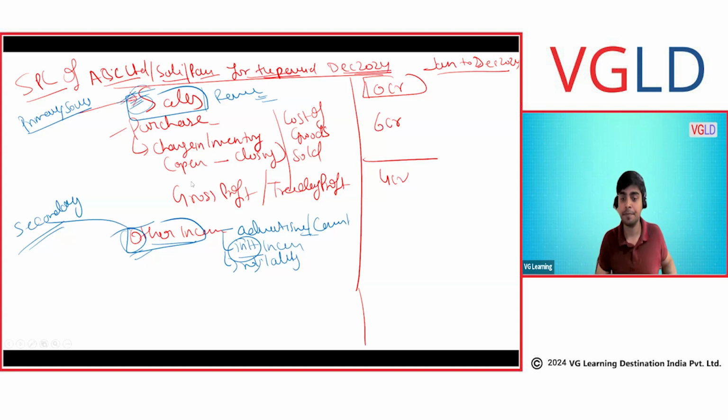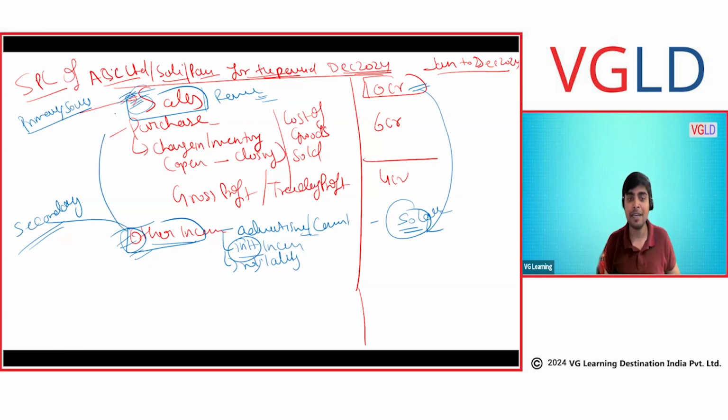Okay, clear? So what is your primary source will be sales. What is not your primary source will be other income. Let's say this other income is 1 crore. Just see the comparison. Your primary source is generating the most money and your other income is very trivial. Let's say it's 50 lakhs. It's not even 1 crore. It will always be trivial. If your other income exceeds your sales, then what are you doing? Either you are not doing the business or you are incorrectly reporting your primary source as other income. Clear? So this is your other income.